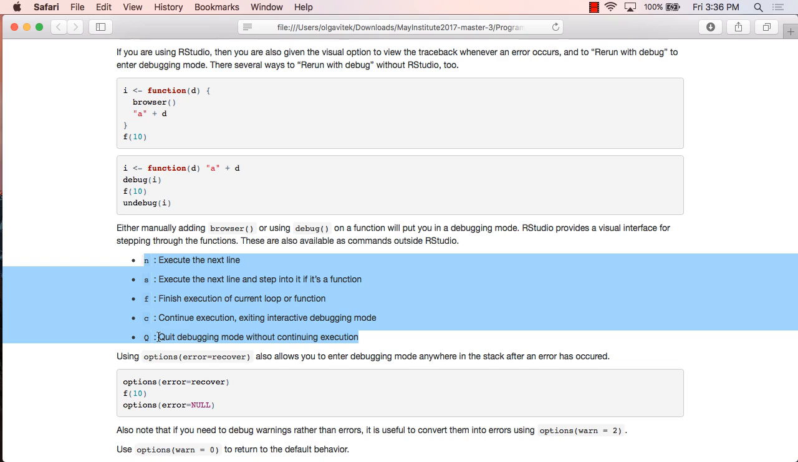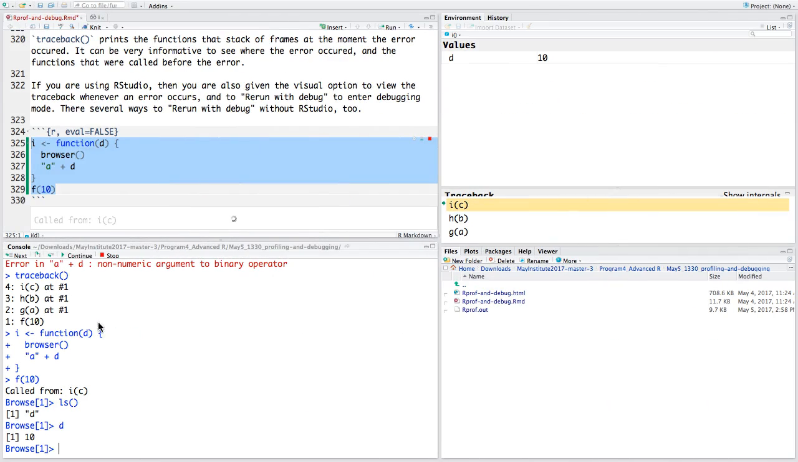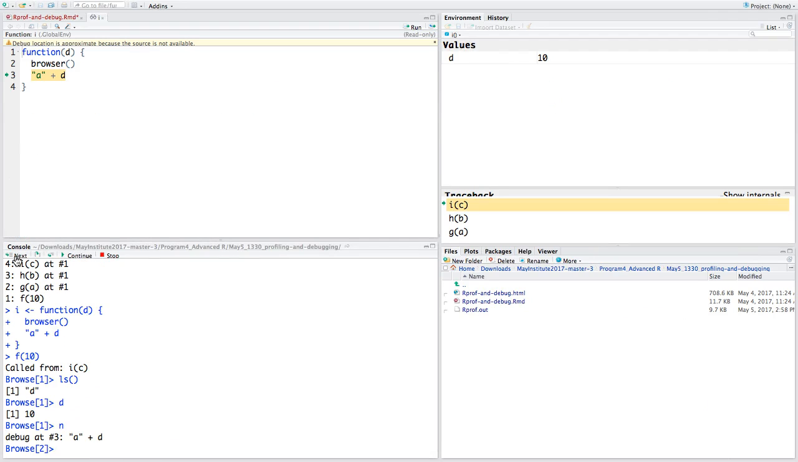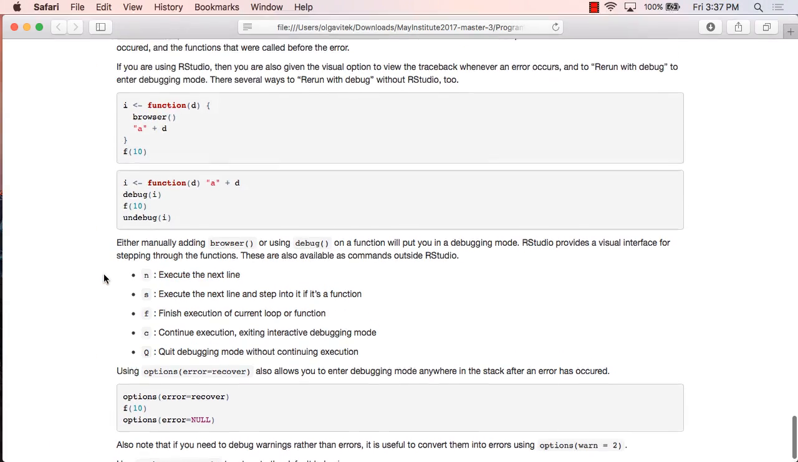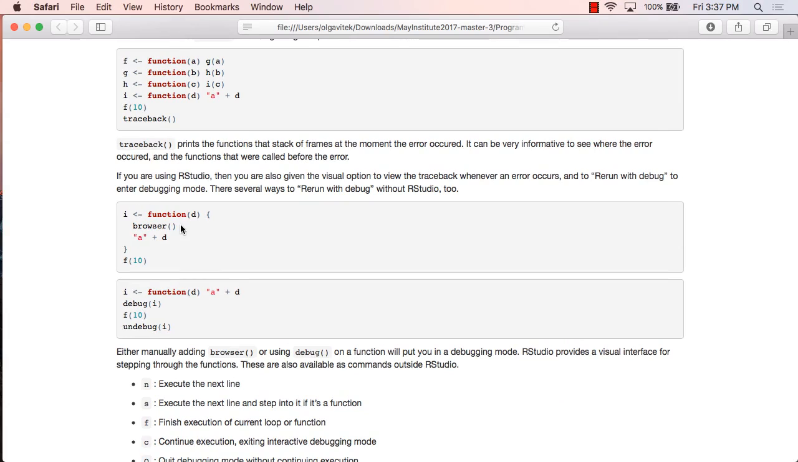And Q is just to quit the debugging mode. And all of these have corresponding buttons in RStudio. So I can just hit next to go to the next line of code, and that happens to be where the error occurred there. So browser is a simple way, but sometimes